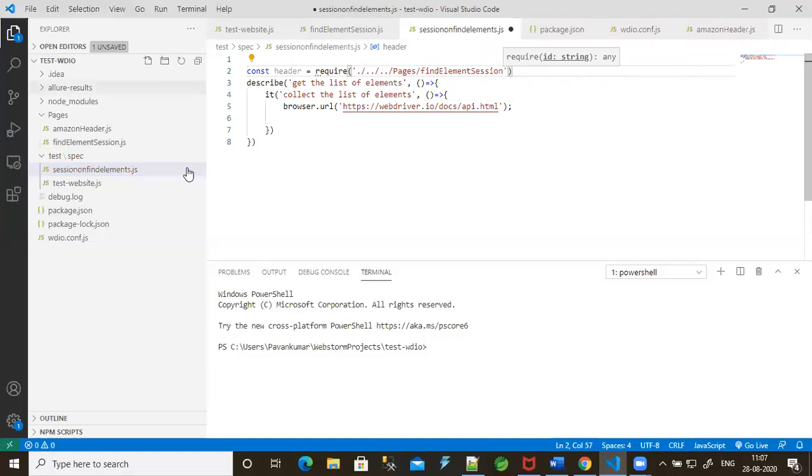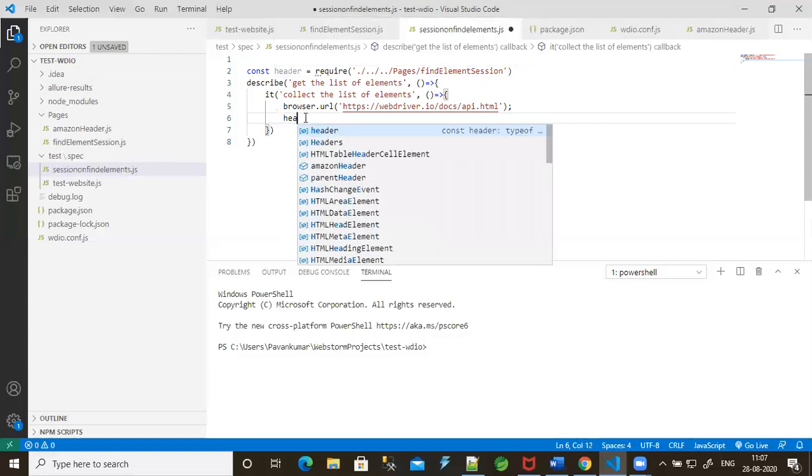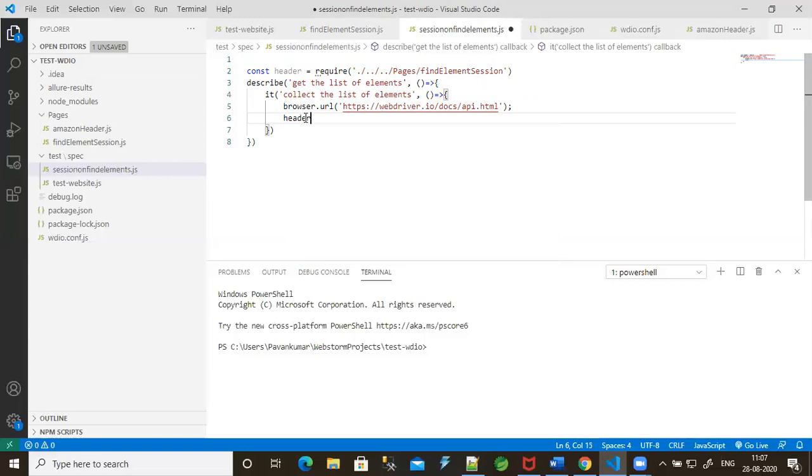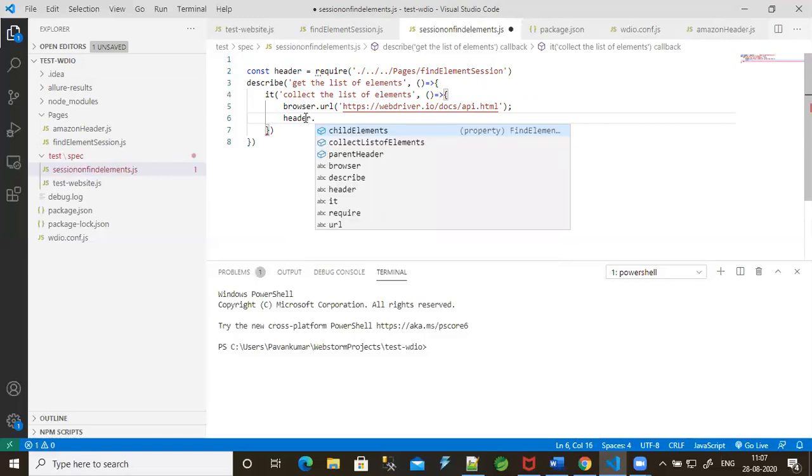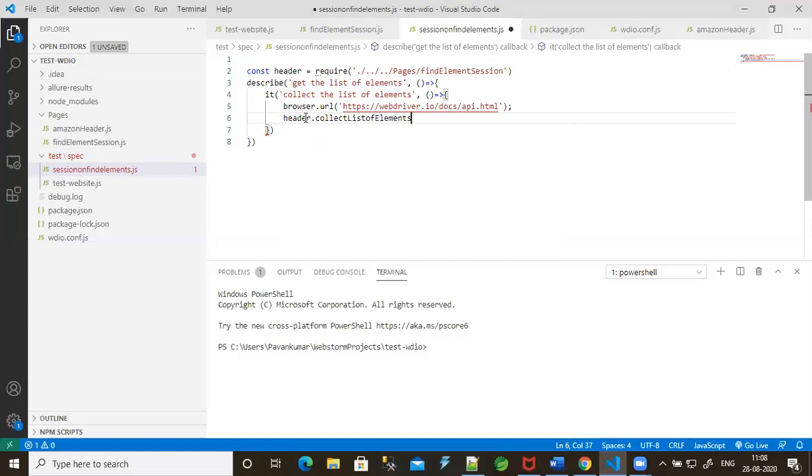So we got it here. Now call this const variable like header dot. Which method do you need to use? We have to use collection of elements because we mentioned the console.log, right?